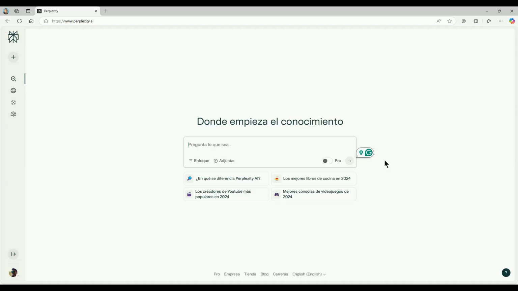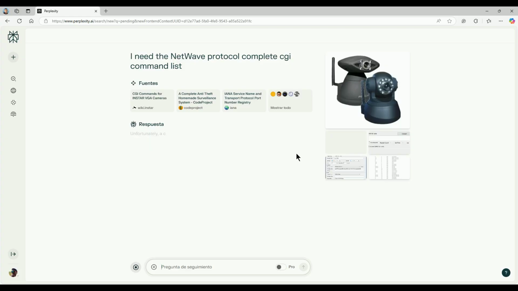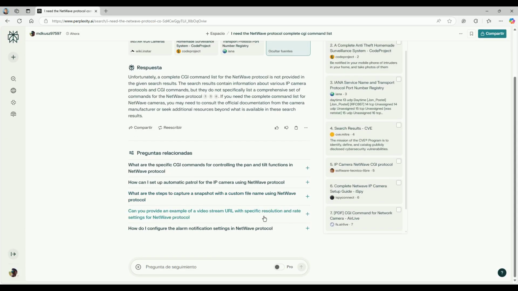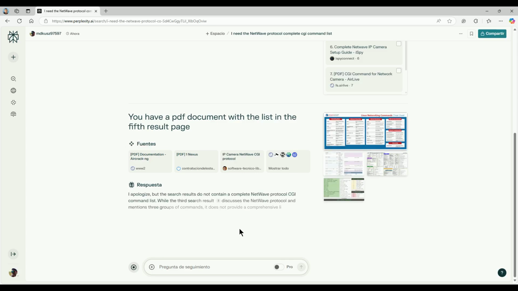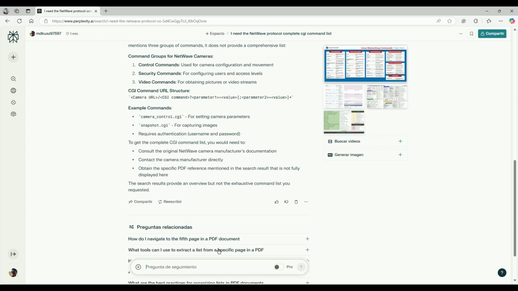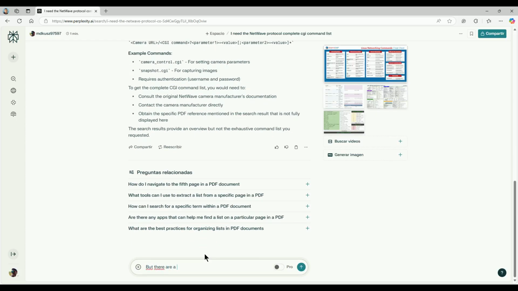A colleague recommended Perplexity as the best AI search agent. Let's try it to conclude this demonstration. Not surprisingly, Perplexity produces the same results. The information might be better presented, but we still don't get the specific information we asked for. You can insist, but the outcome will remain the same. Finally, it even switches to Spanish, just to make sure I fully understand. There's absolutely no way it will download a PDF or anything else.